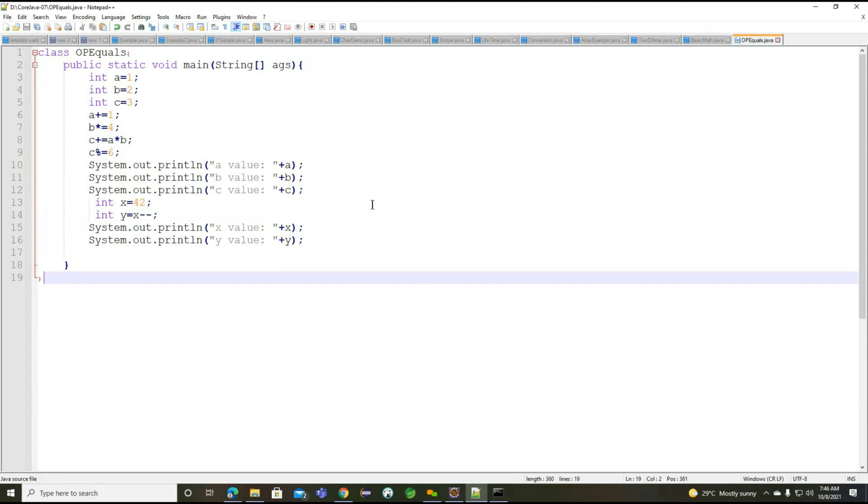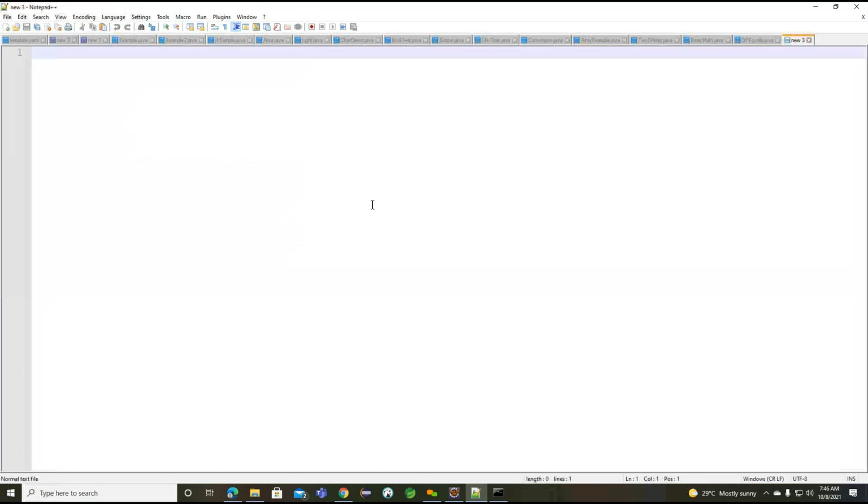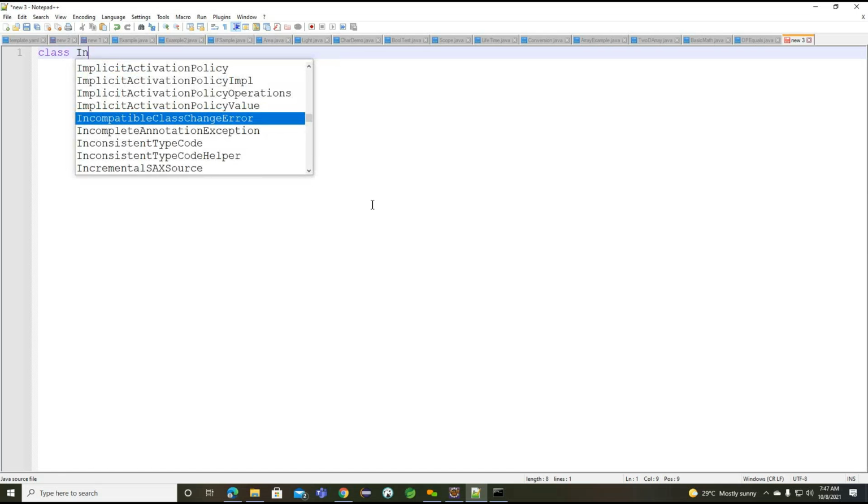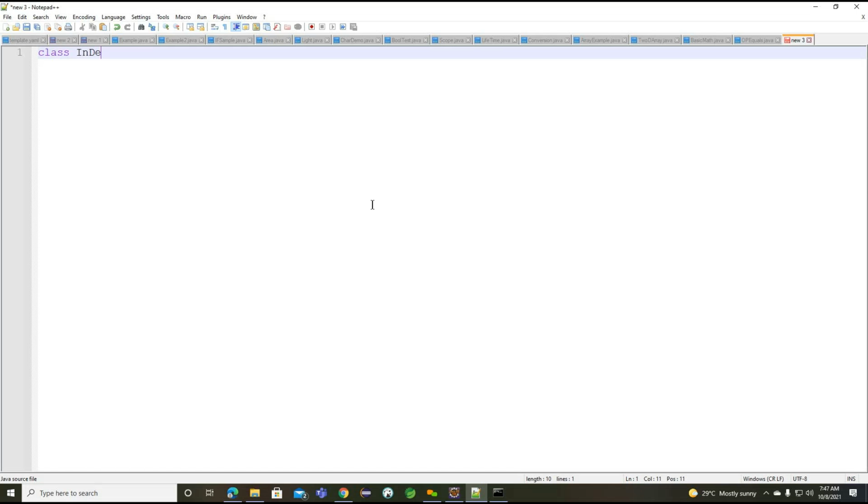Let's see a simple example on increment and decrement. You need to think about it more. How is it going to work? The name of the class we can take is something like increment and decrement.